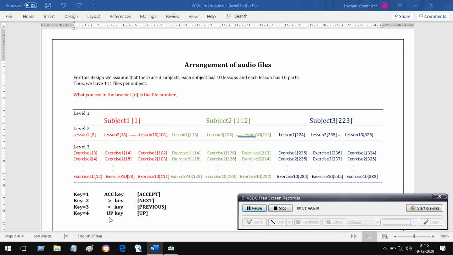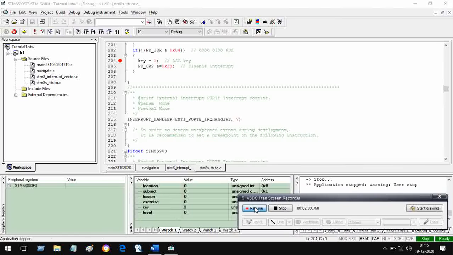But to do that, we need to do some programming. So certain steps have been added in our program. We have already seen this file, the STM8S IT tutorial.c, where IT stands for interrupt.